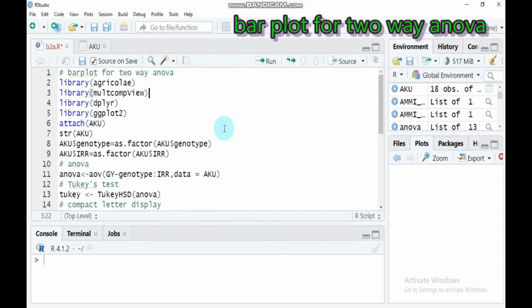Hello everybody, today we will discuss the bar plot for two-way ANOVA. In the previous tutorial we discussed one-way ANOVA using RStudio. So today we will continue with the second phase. In order to draw the bar plot or the bar chart for two-way ANOVA in RStudio or in